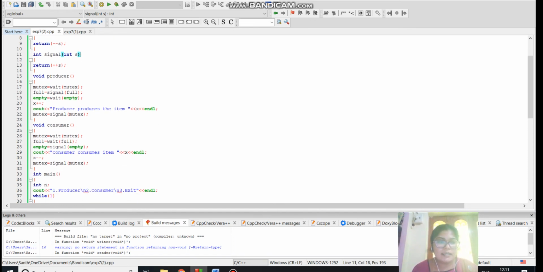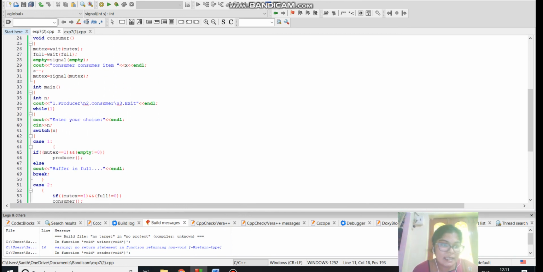Void consumer, mutex equal to wait(mutex), full equal to wait(full), empty equal to signal(empty), cout consumer consumes item x, x minus minus. Here we do minus minus because we remove the items, whereas in the producer we add the items. Mutex equal to signal(mutex). Now we will go to the main menu.